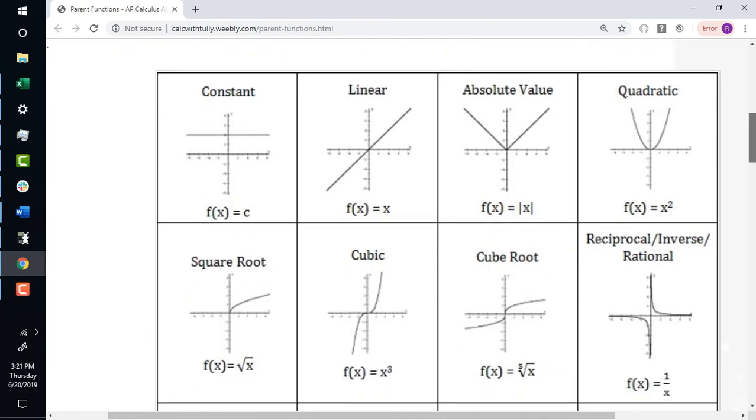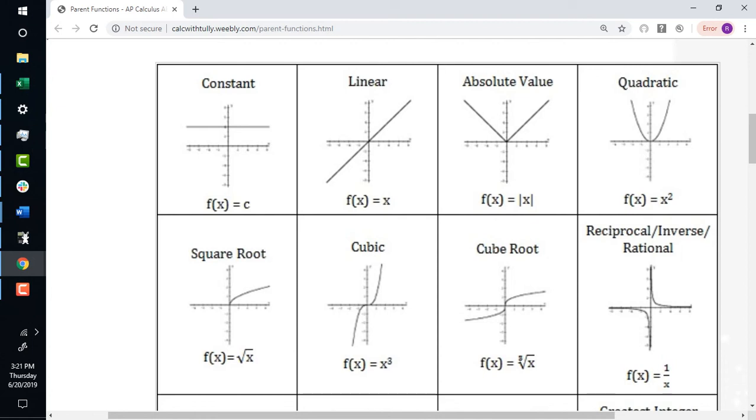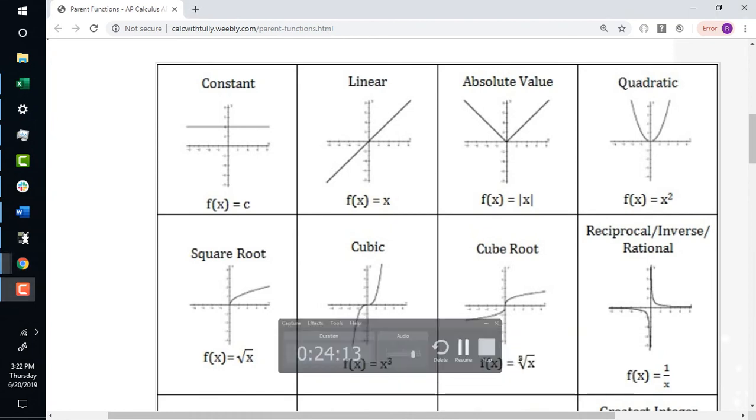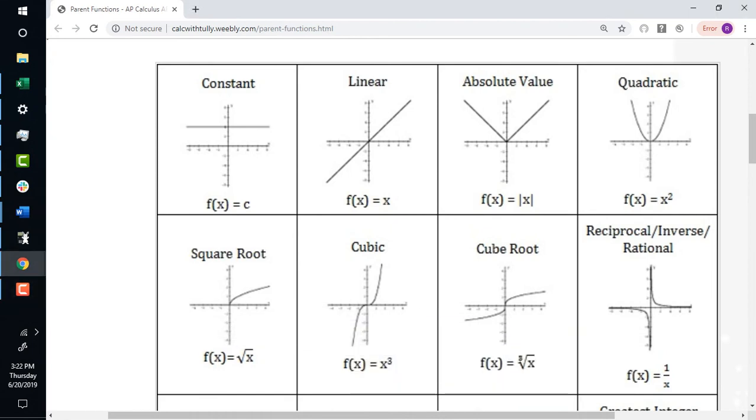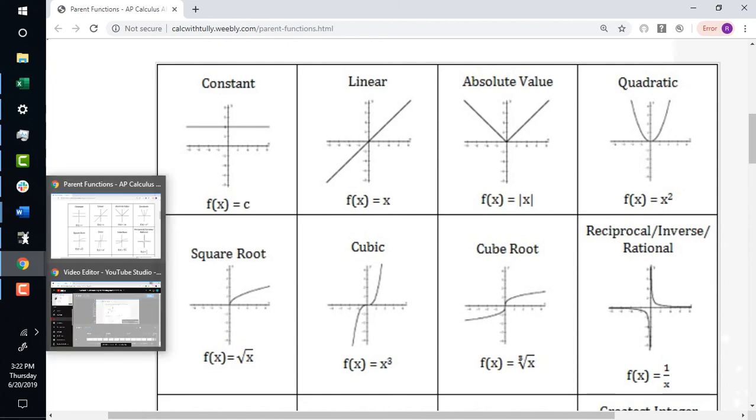Sorry if I scroll down, but yes, if you have cube root of x, it should look like this, okay? X cubed looks like this, okay? So make sure you know all 8 of these. We'll have more parent graphs throughout the semester. But you want to make sure you know how to do that, okay? Because that's going to help you picture everything out. If you forget your 8 parent graphs, this is going to make it really difficult for you to do on your midterm. Okay, so other than that,